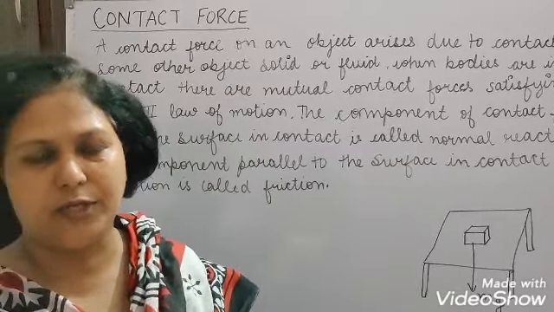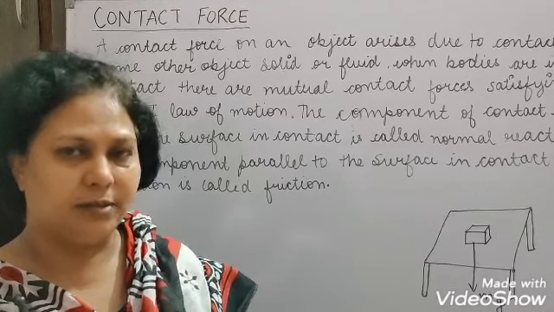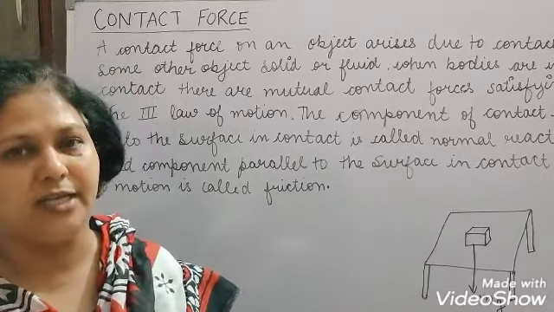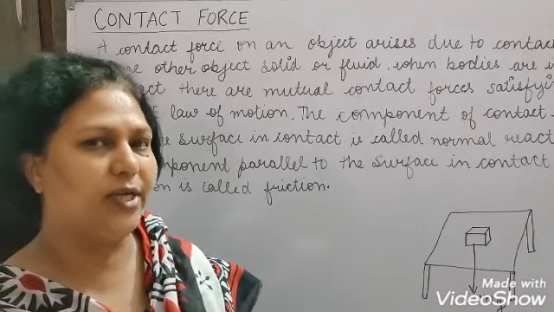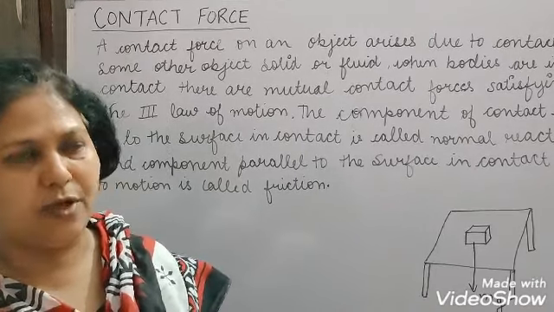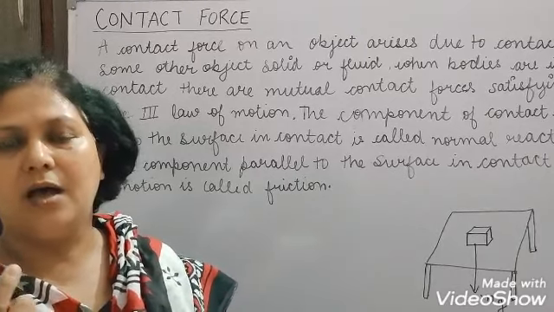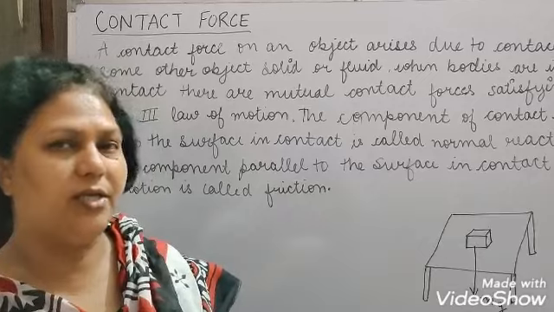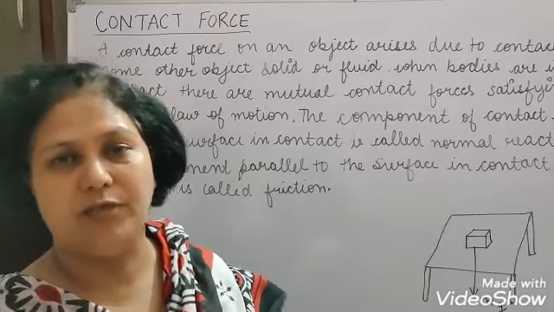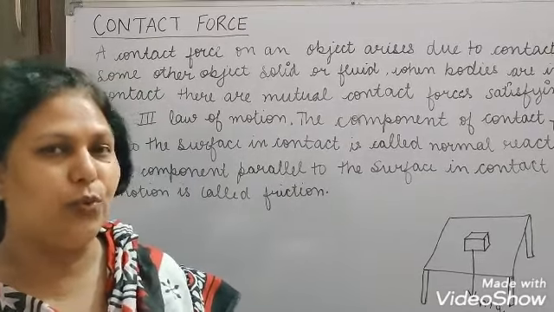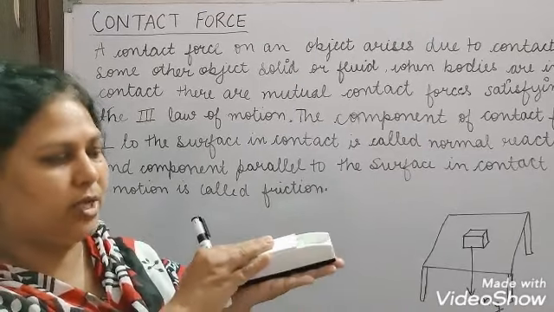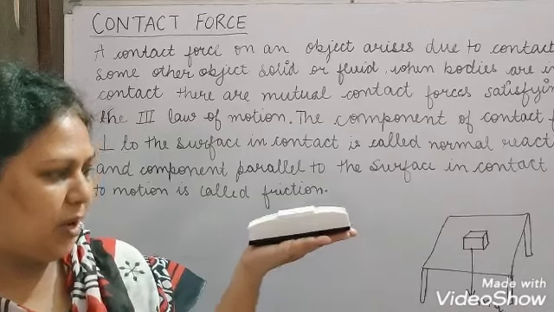Then only you can see the quantitative measurement of Newton's law of motion, that is Newton's second law of motion, in which F is equal to mass into acceleration. That means the F which is working here is an unbalanced force, and that's why it is producing acceleration, F equal to ma.